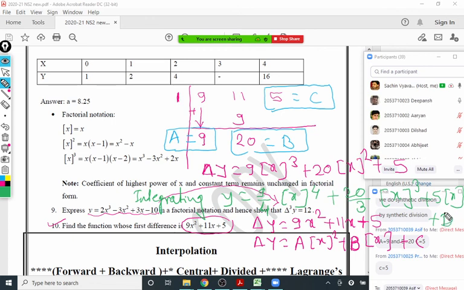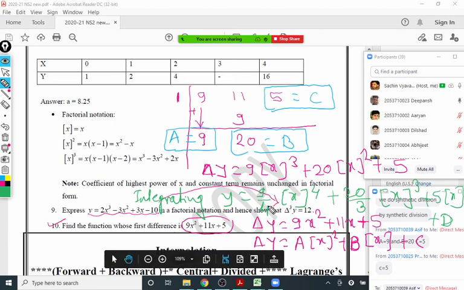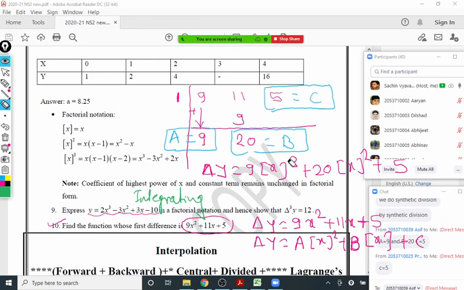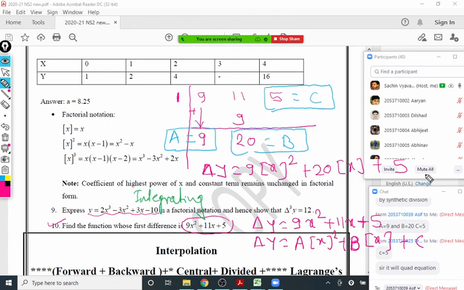Plus d. So delta y should be 9 second factorial, I guess, not third factorial. So above in pink. Yes, my mistake. Because of that, everything I have written is wrong. Very good, good observation. Actually, you should see what I am writing. If I am writing something wrong, you should tell me. Definitely. This is actually a quadratic. So in the answer, you should write delta y as 9 into second factorial of x plus 20 into first factorial of x plus 5. Now we are correct, and integrating, we now get the correct answer.